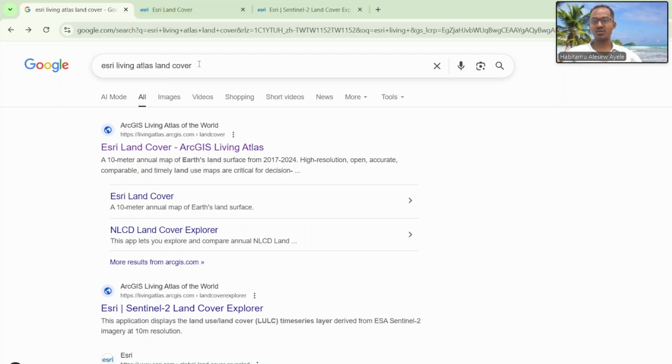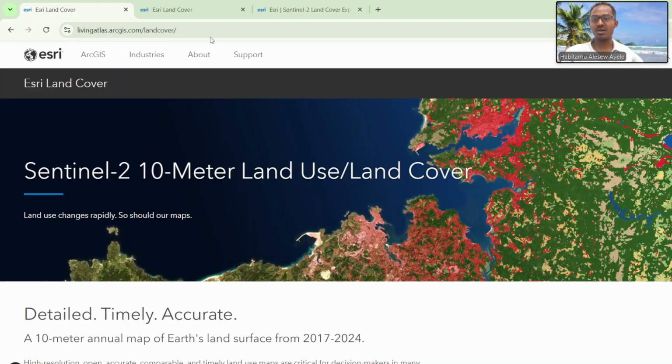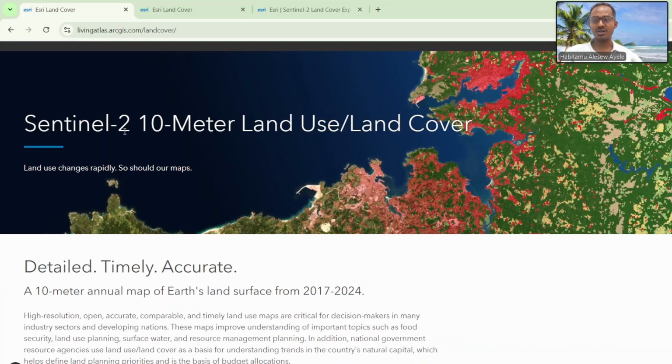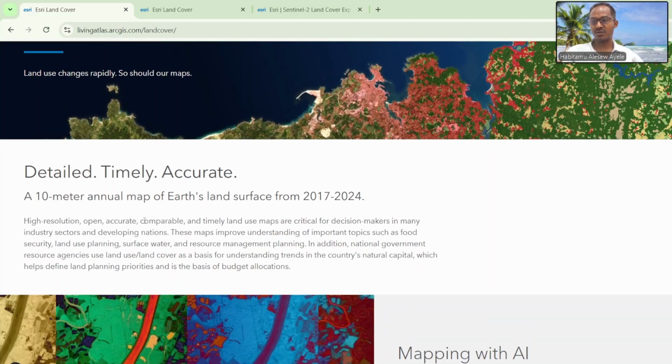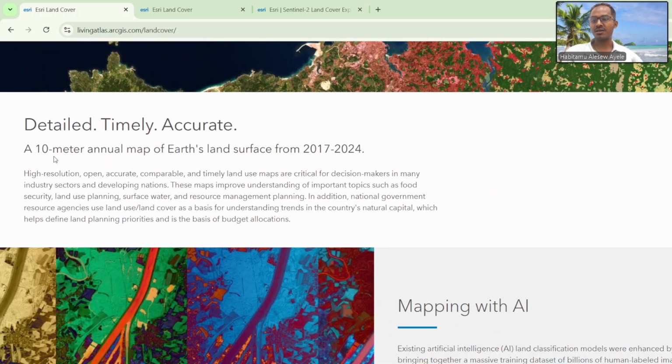So first we need to write the E3 Living Atlas land cover in Google like this, so we can easily find this website. So click here, and this will directly take us to the Sentinel-2 10-meter land use land cover interface. This website has a detailed, timely, accurate, 10-meter annual map of Earth's land surface from